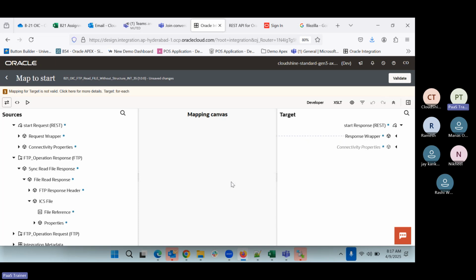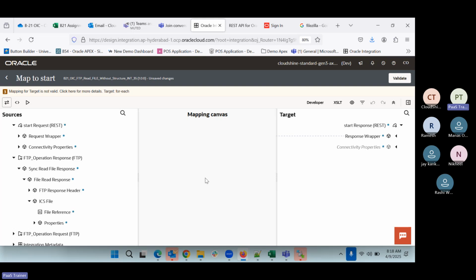So when to use it with a structure and without a structure is completely up to the requirement. Suppose you want to read the file and then write the file at the same time. In between, if you want to read that file, then we need to know the structure, because without a structure we cannot read that file. If we just need the reference,